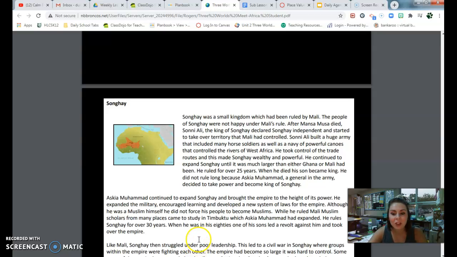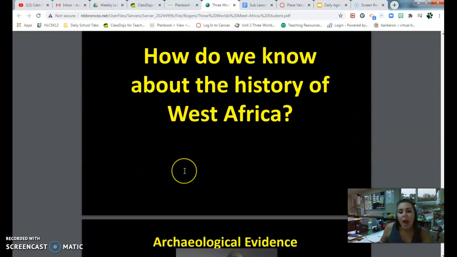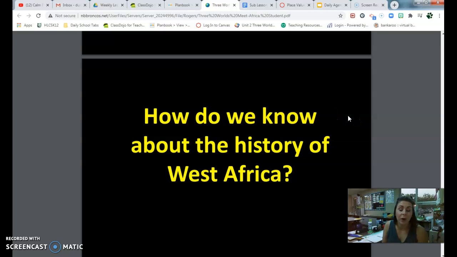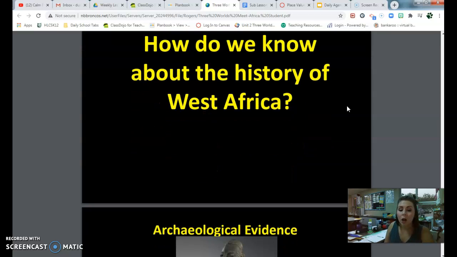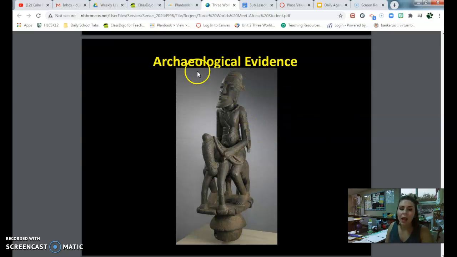All right, so once you have that sheet out, we're going to dig into how we know about the history of West Africa. The first type of historical evidence that historians used to learn about Africa was archaeology. Archaeological evidence is actual pieces of history that have been discovered, either buried in the ground or dug